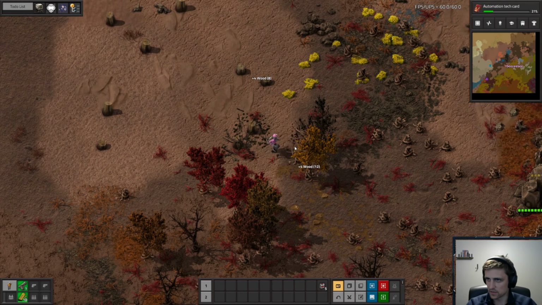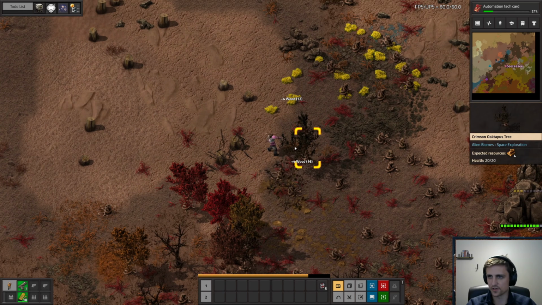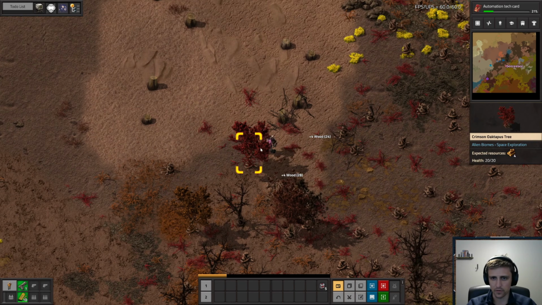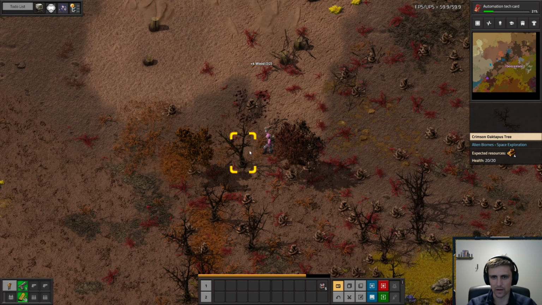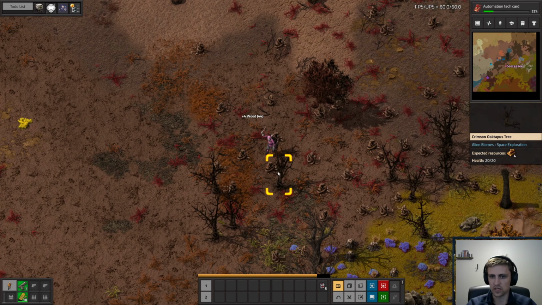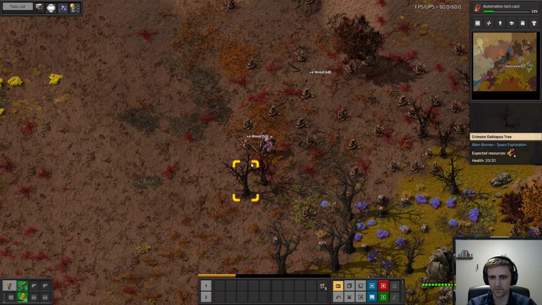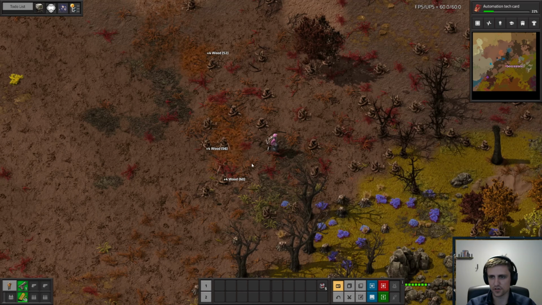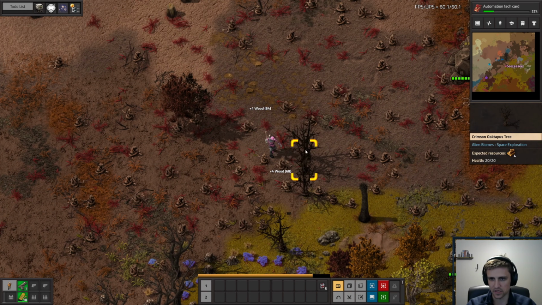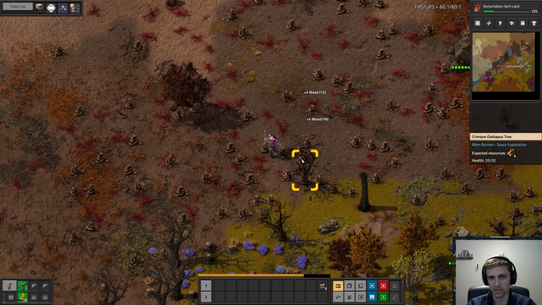So I think we'll end this episode as soon as I get this automation tech card, and like I said before, the going here is pretty slow, so what I'll probably do is stream from here until we've got a little bit of a base started and we've got some automation going. That way you don't have to sit through all of this boringness on YouTube. It is a very slow beginning here, honestly,